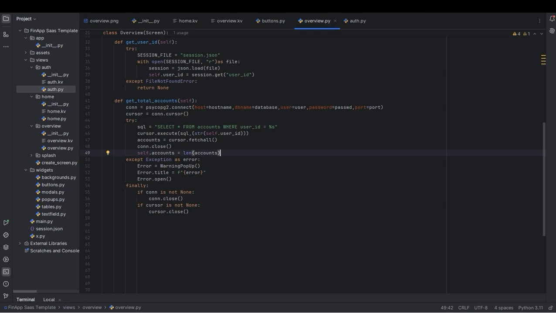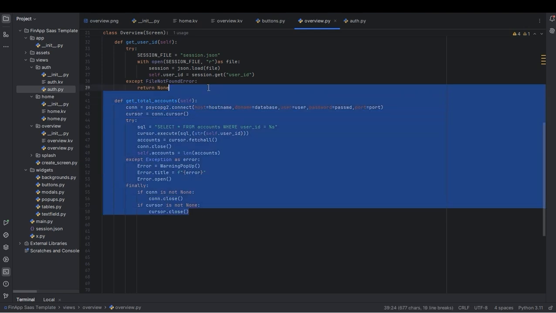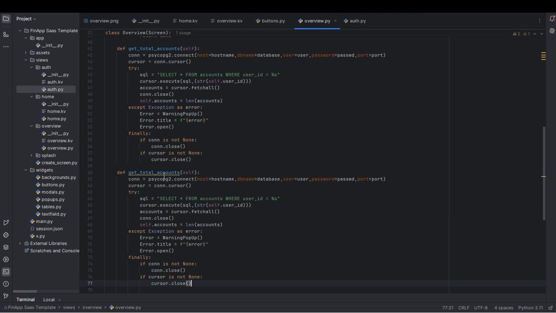I think we shouldn't get any problems with this one. Okay, so we're just gonna copy this and paste it down here. So this one is going to be get_total